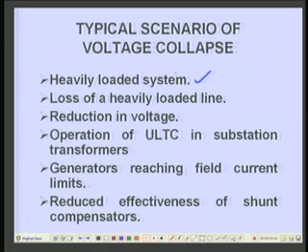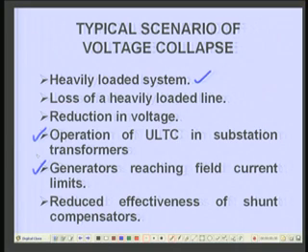Now, when the reduction in voltage comes, the immediate thing which will happen is that the underload tap changers will come into operation to retain the voltage. In case the ULTC is in a position to stop the voltage drop, the voltage will settle at a certain level. Suppose the voltage is dropping and the ULTC starts functioning and the voltage drop is stopped. Another thing which happens is that suppose the ULTCs reach their limits, then they will not be in a position to regulate the voltage further.